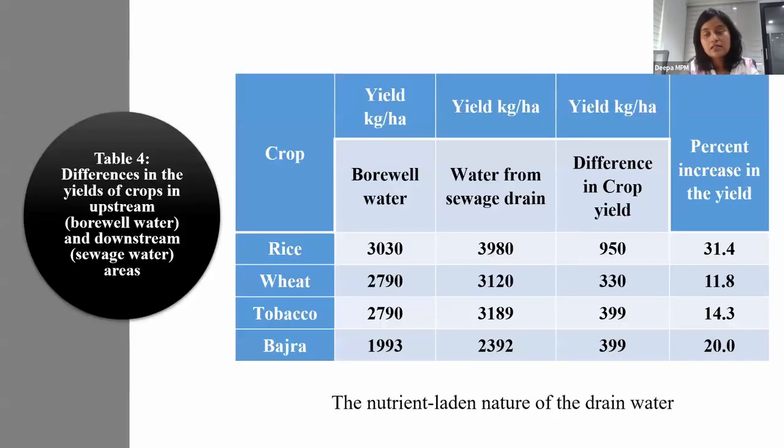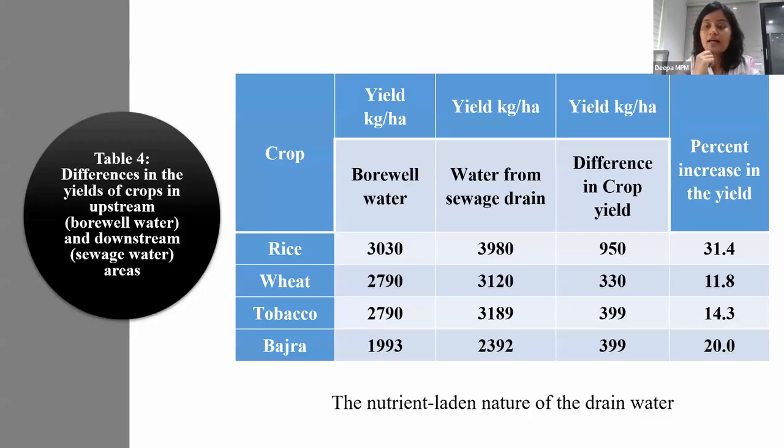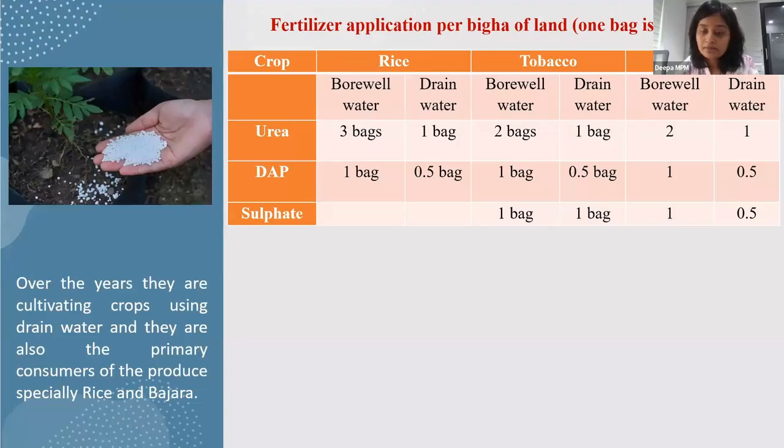And coming to the yield figures, I had interactions with the upstream farmers as well as the downstream farmers. You can see here that the downstream farmers are getting 10 to 30% more yield as compared to the upstream farmers. And similarly, as I have shown in the yield, I have given the comparative information regarding the